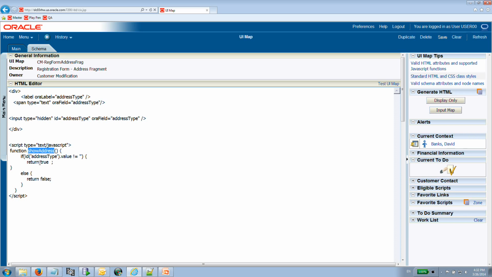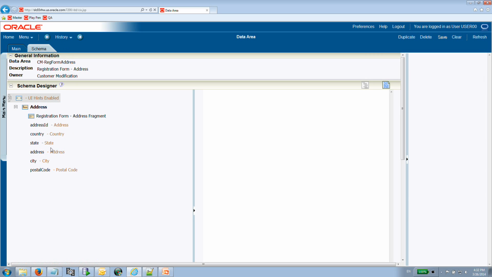It is up to us to actually move the address type from the registration form type to the registration form itself. And if you remember, we did that before previously with the ID type and format using a pre-processing script and the display map server script. So that's going to have to go hand in hand to actually populate the address type, and we'll see that in a moment. But anyway, the main point here is that I have defined in one particular place a data area